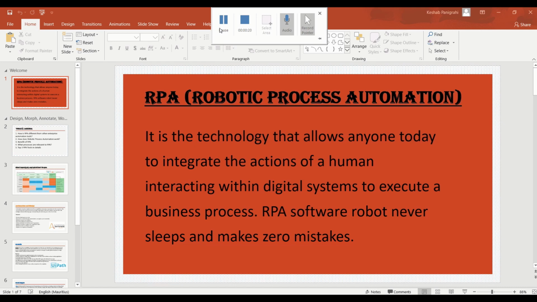As you can see on my screen, it is a technology that allows everyone today to integrate the action of a human interacting within digital systems to execute a business process, and this software bot will never sleep and it makes zero mistakes. I can tell you, this is a kind of software robot which can be taught